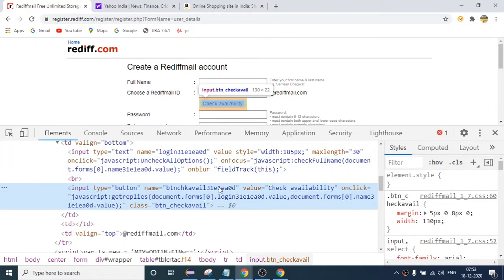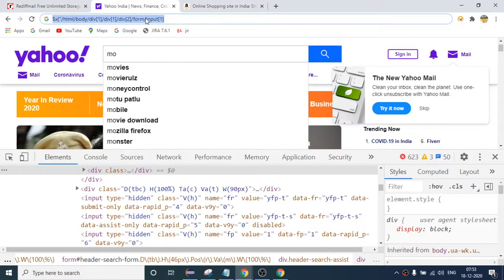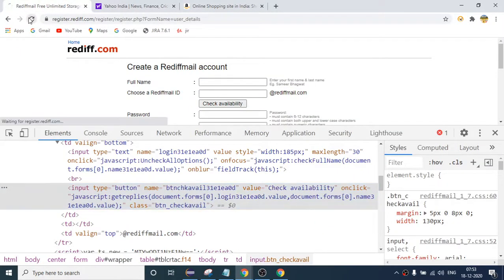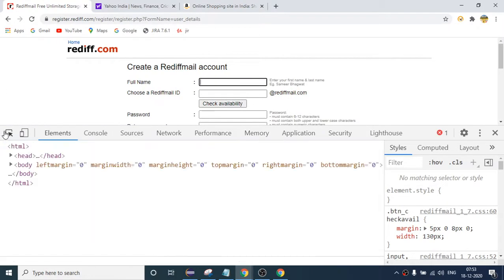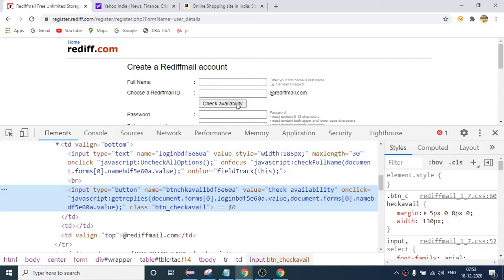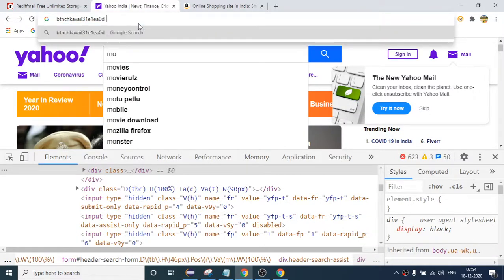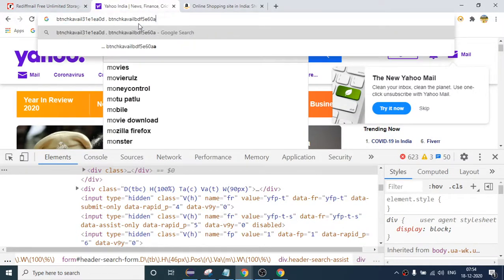You can see this is the ID. If I place this ID here, but then refresh this web page, what is the ID this time? It will change. Sorry, not ID, it is name. So if you try to use the name locator, your script will fail the second time, because when you run your program, the web page will load again and this name will become some other value.